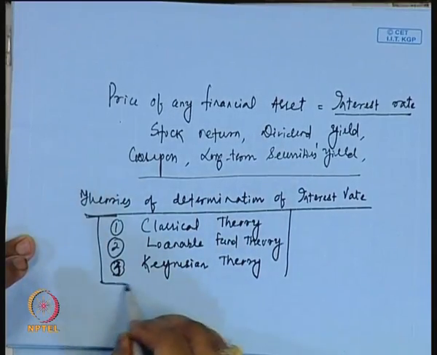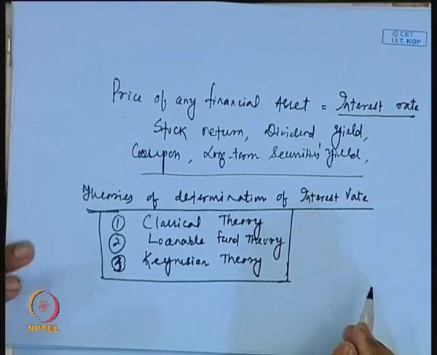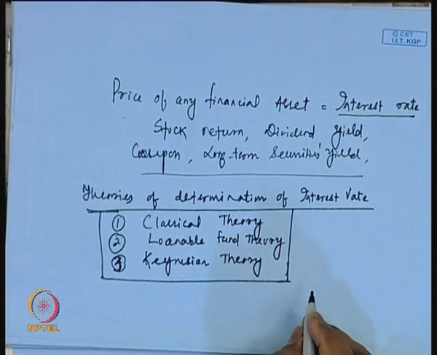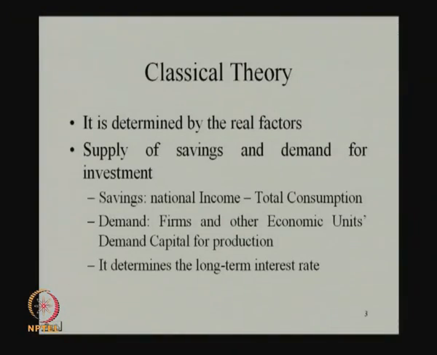These are the three different theories which explain the demand and supply forces which determine the interest rate in the financial market. So, let us see how these different theories explain the different factors which determine the interest rate